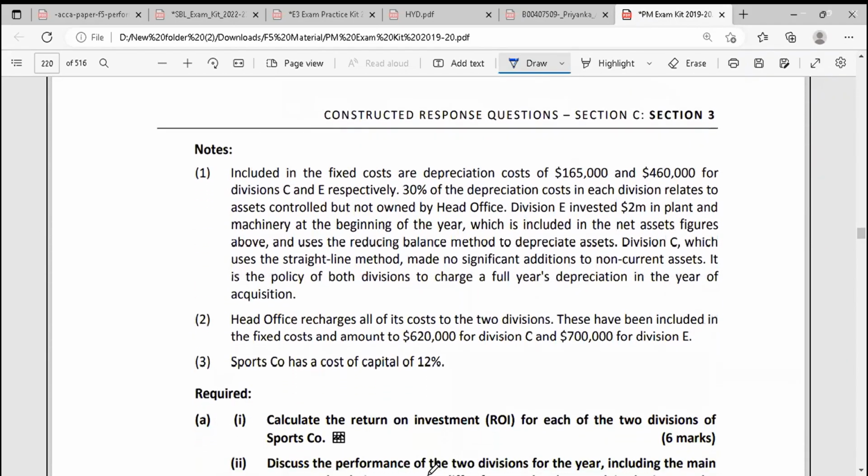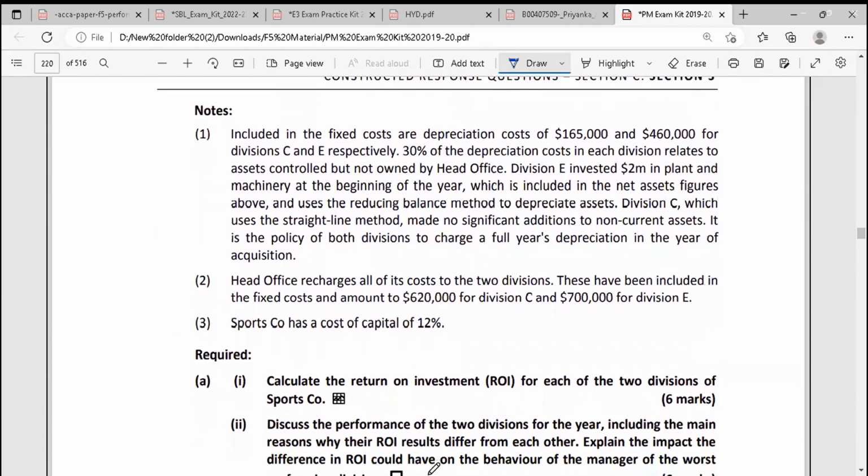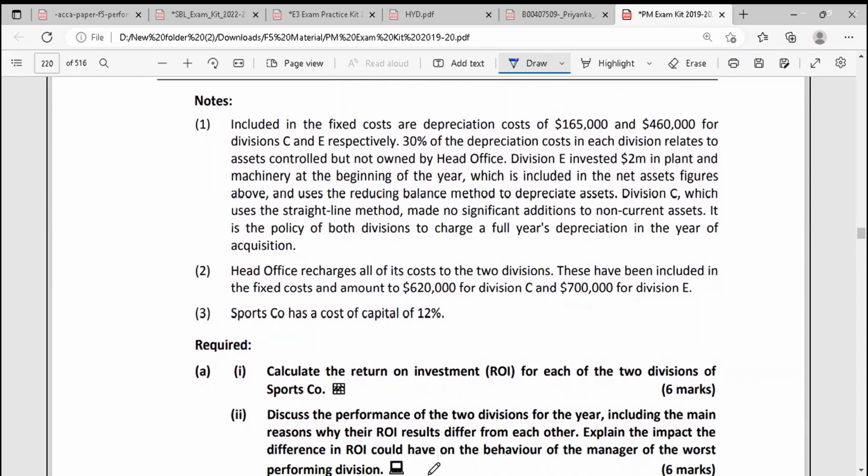Okay, there's some other information given to us. Note 1 says that included in the fixed costs are depreciation costs of 165,000 and 460,000 for division C and E respectively. 30% of depreciation costs in each division relates to assets controlled but not owned by head office. Division E invested 2 million in plant and machinery at the beginning of the year, which is included in the net assets figures above and uses the reducing balance method to depreciate assets. Division C, which uses the straight line method,